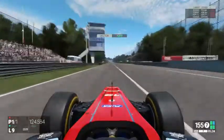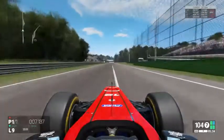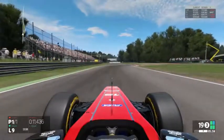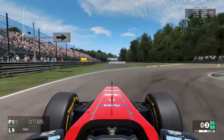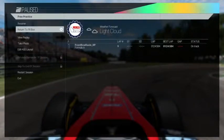Into the 24s. So in the space of two very little setup changes on the car, we've knocked a couple of seconds. Well, it's more than a couple of seconds. I was in the 128s with the car as standard. Now that to me is